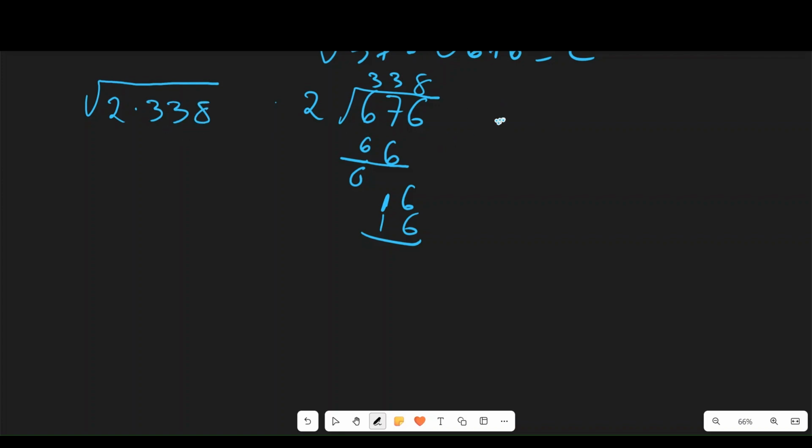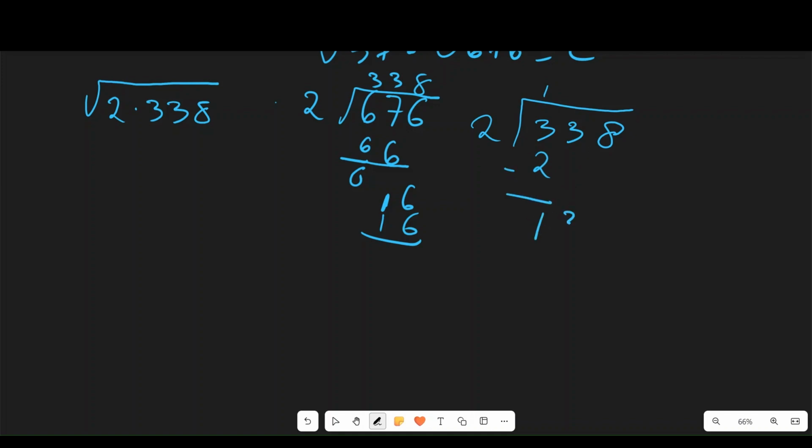Again, it's an even number, so let's try dividing it by 2. 338. And again, if you don't want to solve this by hand, you can easily just use your calculator. But I'm just going to show you how I would do it if I was taking the SAT without a calculator, right? So again, 2 goes into 3 one time, then you have 3 minus 2, that gives us